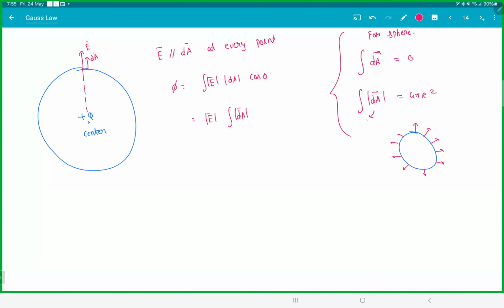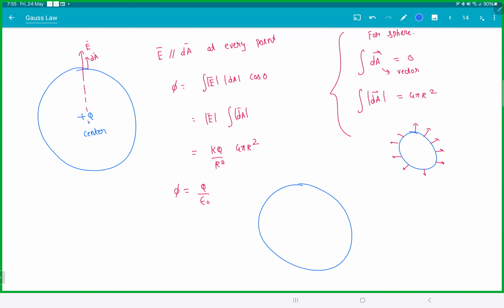This is area magnitude. So for each small piece, you're adding them. So you'll get 4 pi r square. This is a vector integration. Direction would matter and they'll all cancel out. Clear? So that's the reason it is important you write mod dA there. So this is kq by r square and 4 pi r square. So we get flux is q by epsilon. Great. That means we proved